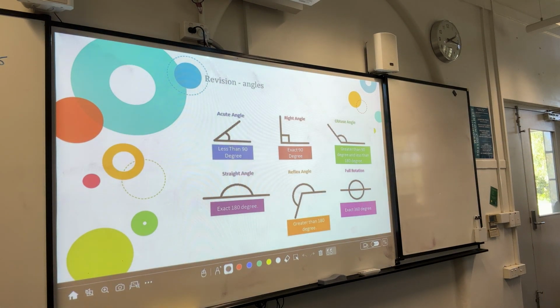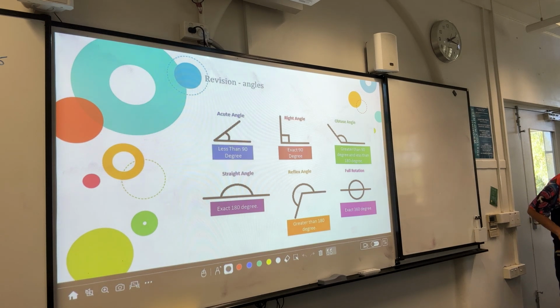Agree? I don't really have to go through what is an acute angle, what is a right angle, what is an obtuse angle, what is a straight angle, what is a reflex angle, and what is a full rotation. Do I? I don't need to. Okay? You will get it, so don't bother copying it down. Once I release it on